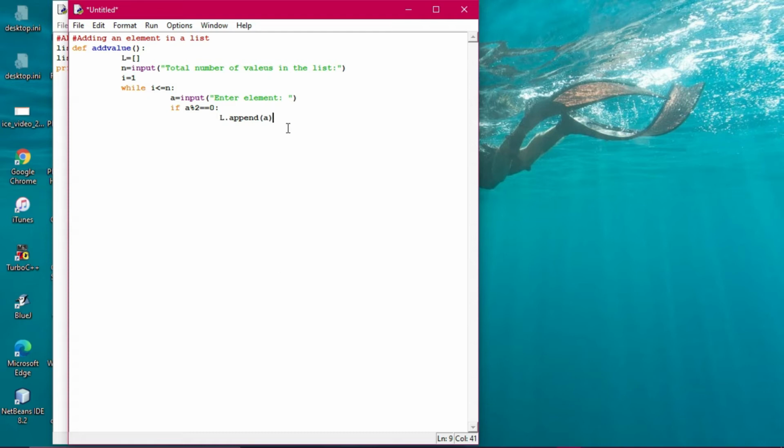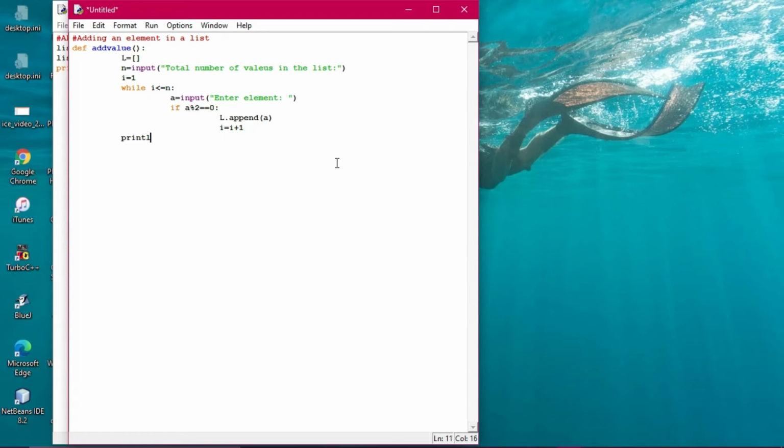All right. So the thing is that what is happening afterwards? After increasing this one, what am I doing? I'm just doing I equals to I plus 1. Okay. So I equals to I plus 1 means I'm going for the next value. Okay, because I can have the facility to enter n number of values into it. That I have to define first. All right. Then when I come out here, I will do print L.